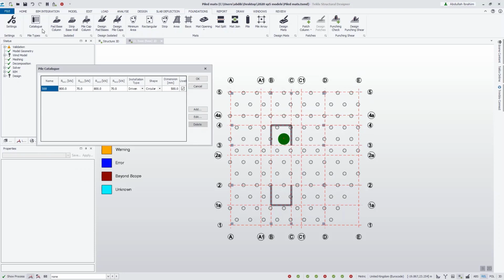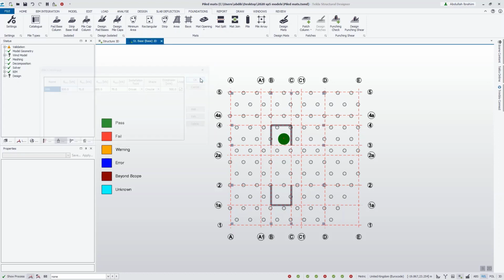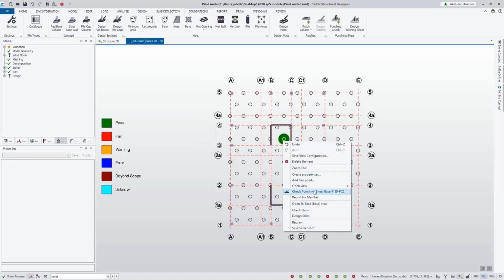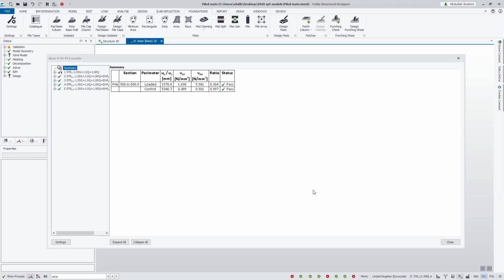If I tick this option over here and click OK, what this is going to do is, if I just open the pile catalog now, if we have a look at the pile resistances over here, I've set the pile capacity for this pile here to be 800 kilonewtons. So what this will do is it will just use the 800 kilonewtons as the capacity for the check. If I now right click, select check punching shear,